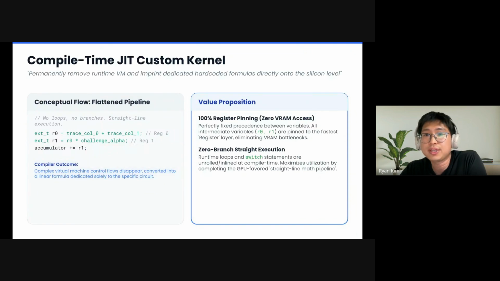That's what we do. We take the entire interpreter out, and at compile time, we already know which circuit we are proving. We know exactly which constraint evaluations need to happen, in what order. So instead of running a VM at runtime that reads the program every iteration, we just unroll the whole thing. The interpreter loop is gone. The opcode decode, the switch, gone. The body becomes direct math: load the value into register R0, multiply with that one to get R1, accumulate.